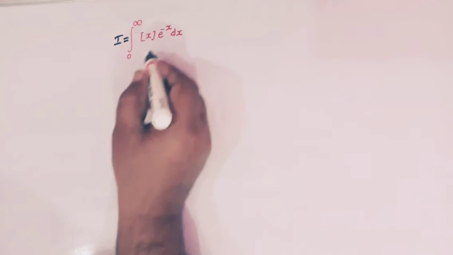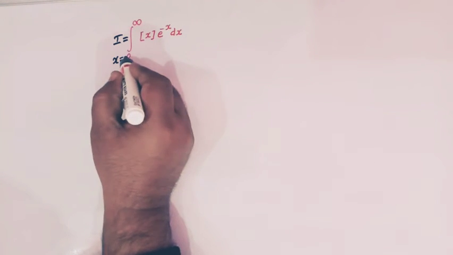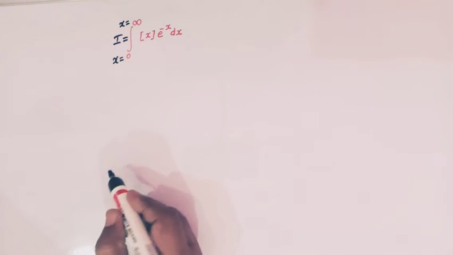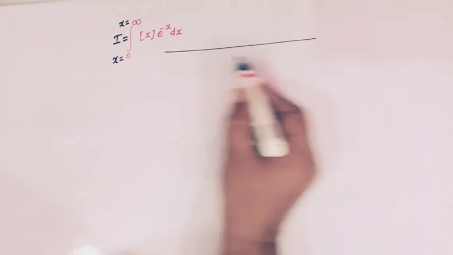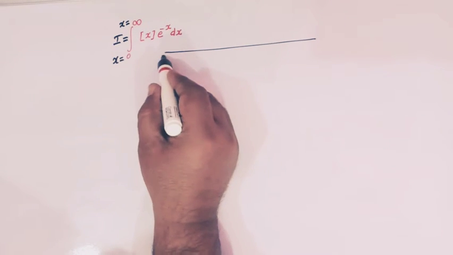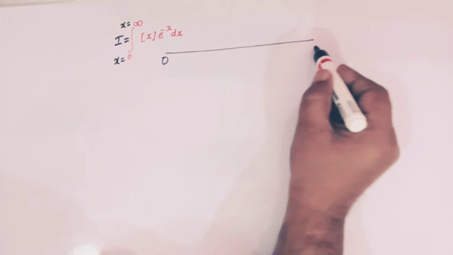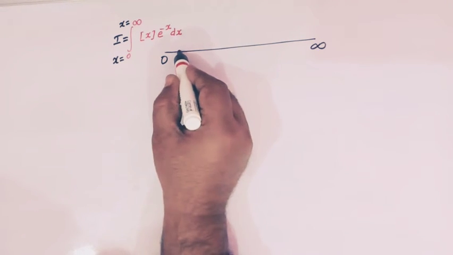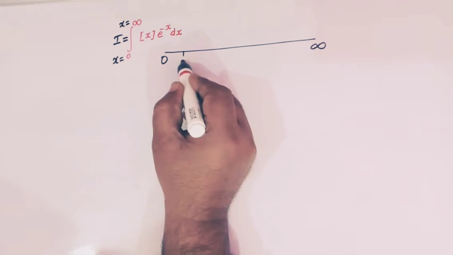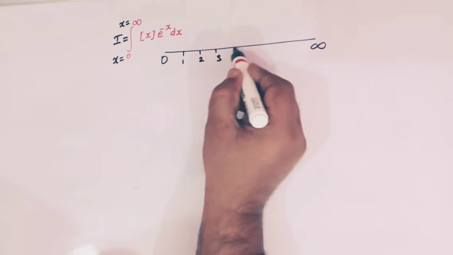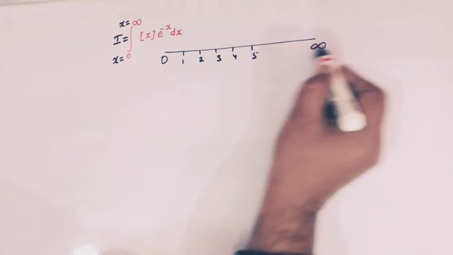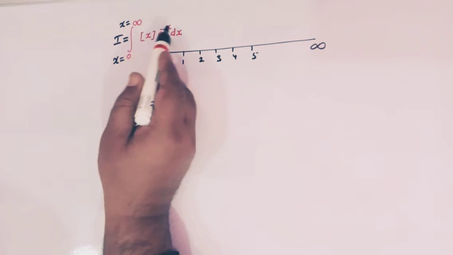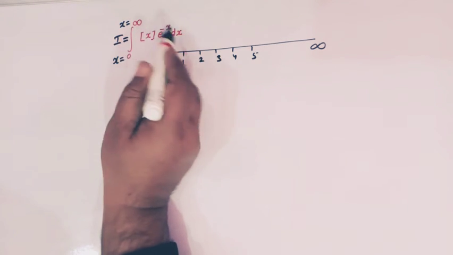Now here we see that the limits are from x equal to 0 to x equal to infinity. If we have the number line here, and here we have 0 and here we have infinity, then we see that there are integers 1, 2, 3, 4, 5 and so on, up to infinity. So what we will do, will break this integral